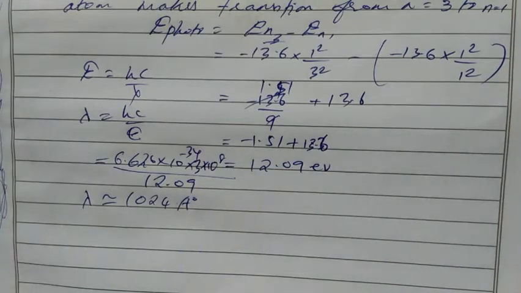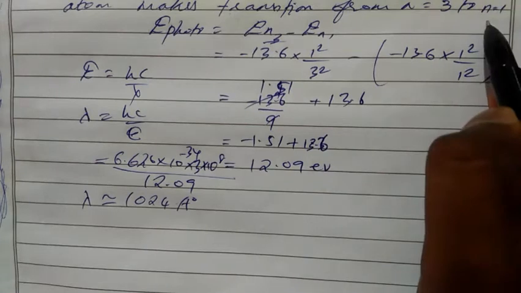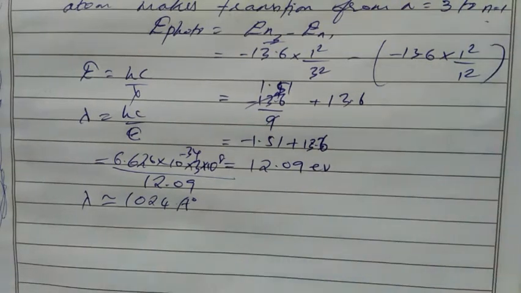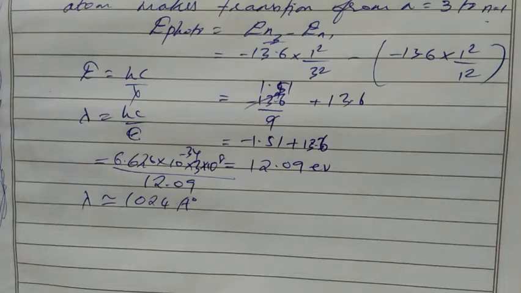So for this much angstrom, we have a particular light color. When an electron makes a transition from the third orbital to the first orbital, it emits only 1024 angstrom. This value is constant, it won't change. The energy 12.09 is constant, and lambda 1024 is constant. If the electron makes a transition from 4 to 1, we have a certain value, and 5 to 1 we have some other value. So for each wavelength we have a specific color of light.